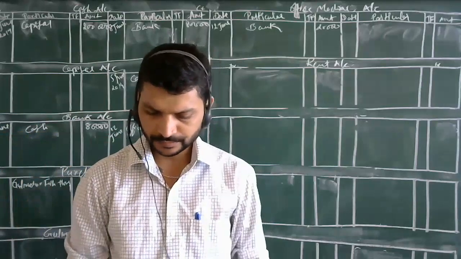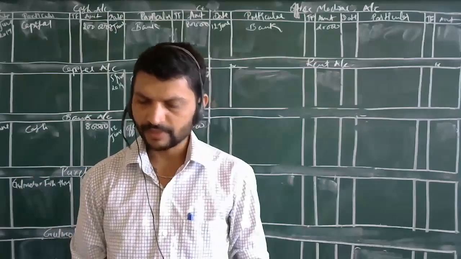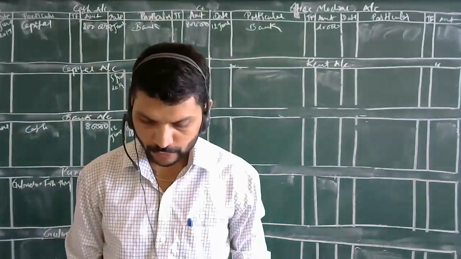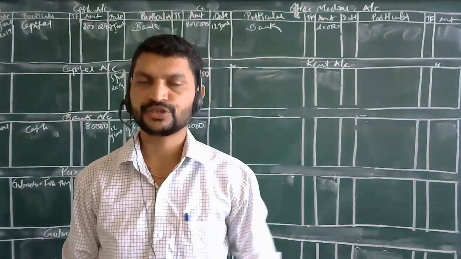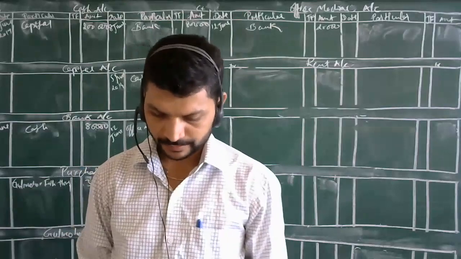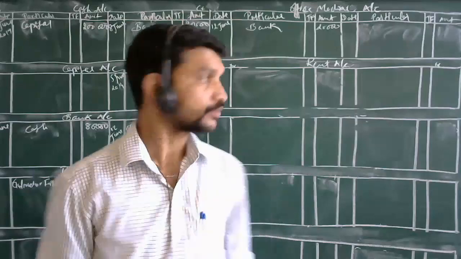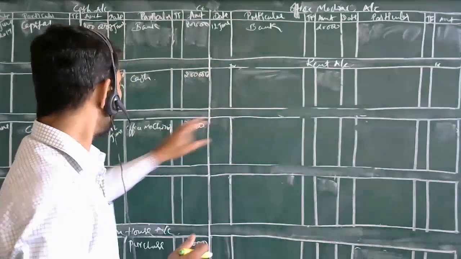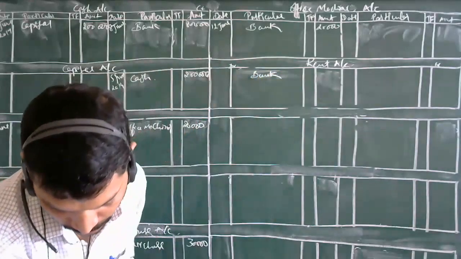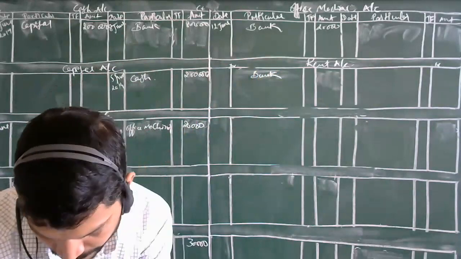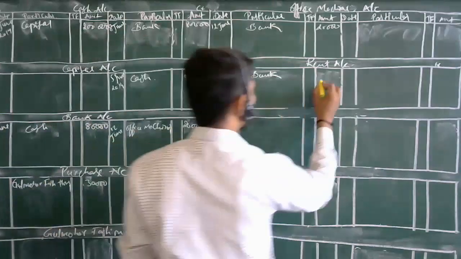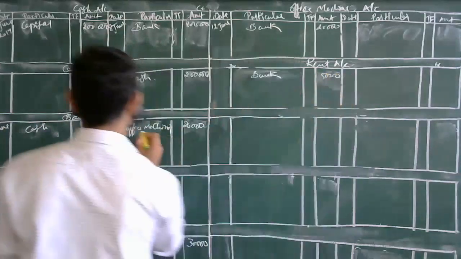Then next one, office machinery account debit to bank account. Office furniture account debit to bank account. That is what you are going to do. Office machine purchased. You have purchased the office machine. The next one, rent account debit to bank account. That is, rent account is debited to bank account. So your bank, how many rupees is it? 5,000 rupees, right? Yes, 5,000 has been taken in bank account, your rent.